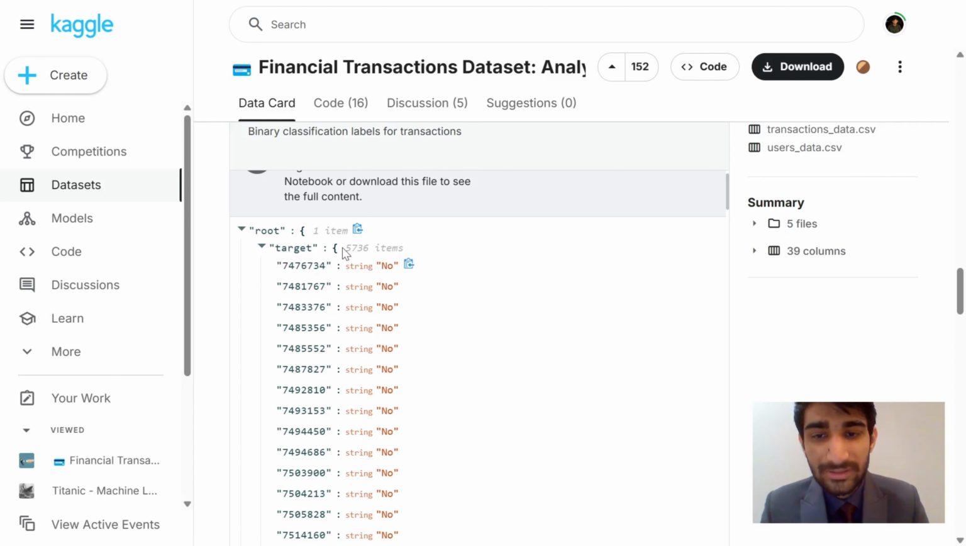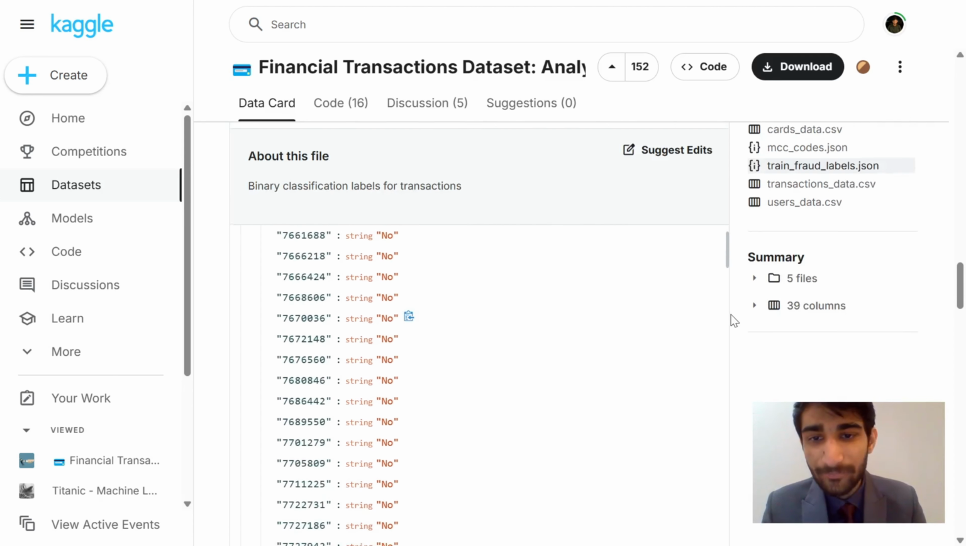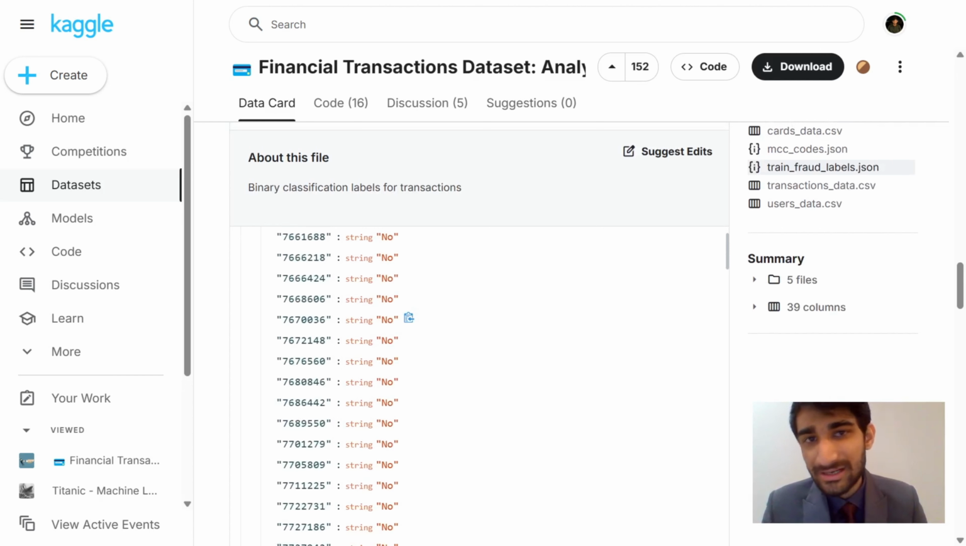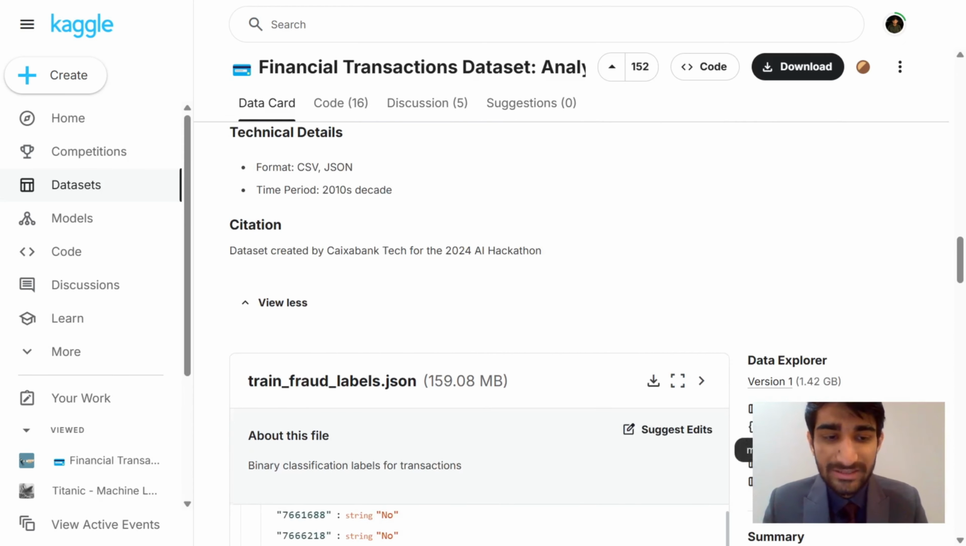So this is wrong. We definitely have more than 5736 items in this table, in this JSON file, which we will convert into a CSV file just after understanding this file over here. We can see we have multiple transaction IDs over here, along with a label whether the transaction is a fraud transaction or not. I guess I've taken a lot of your time explaining this dataset, but it was really important, guys,